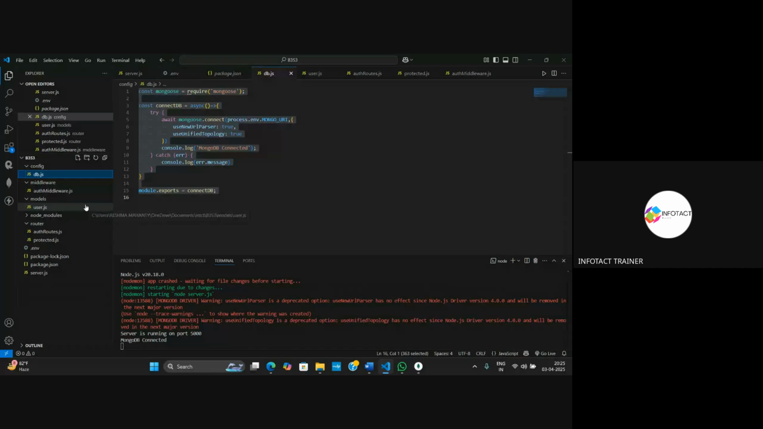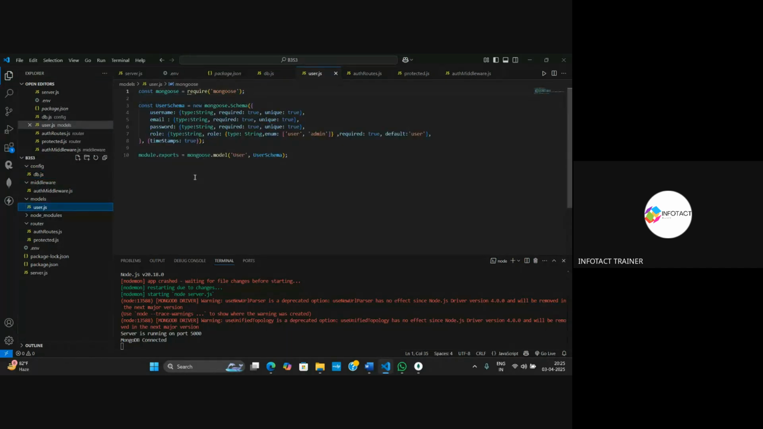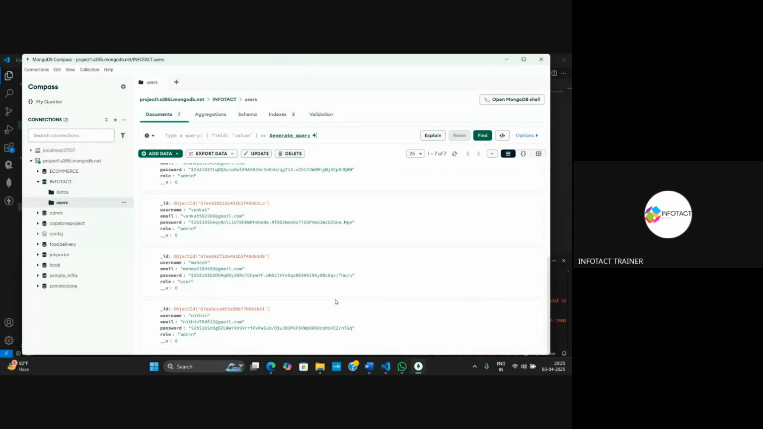And now we are getting user.js. So inside these models, we will store our schema of the database. So whenever I open my MongoDB Compass or my database, over there, what will I be able to find? I will find my username, then I'll find email, then password as well as the role. And since I have written timestamps as true, you people can see that we are getting